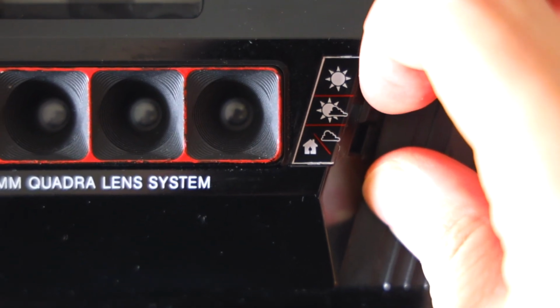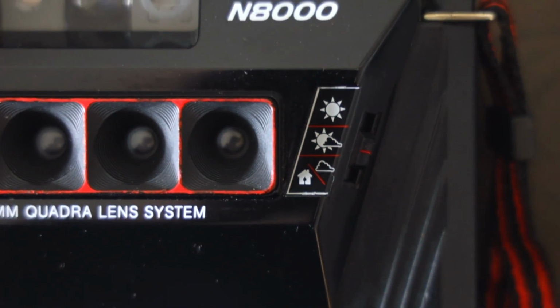Next, we have a cloudy day, so you're still outside, it's still daytime, but there are some cloud coverages, so it's a little darker. The flash will most likely fire. And then finally, we have this super cloudy or indoor kind of setting where the flash will always fire for something like this. If we turn it around, on the back we have where the film is actually loaded, and